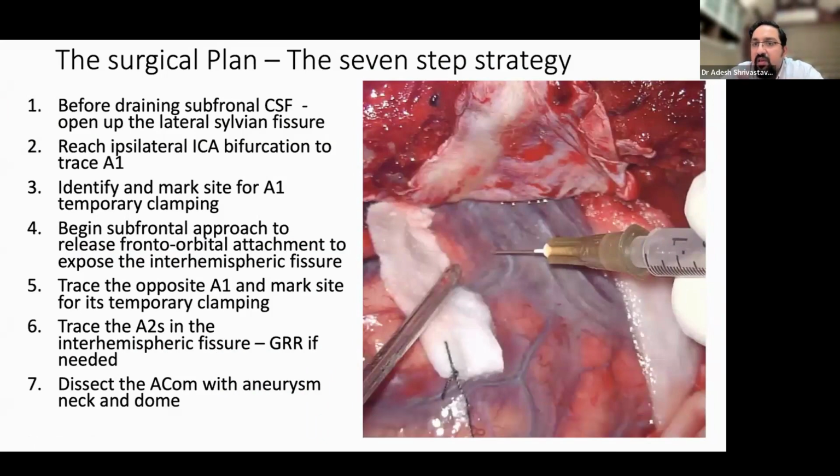Here, if you can see, the brain is still full, and the pressure of the CSF is stretching the veins away from each other. Whereas if the CSF is fully drained, then these veins get crowded up, and we often find that in that condition, the dissection becomes a little bit messy, especially with all the blood in the CSF, which is already there. So we begin by the trans-sylvian route, opening up the lateral